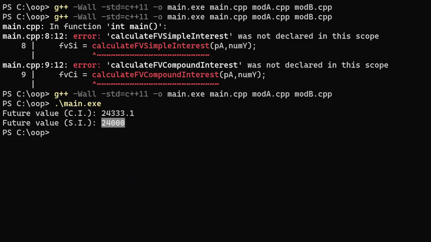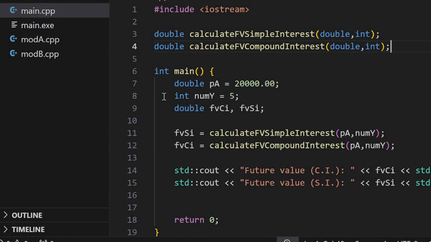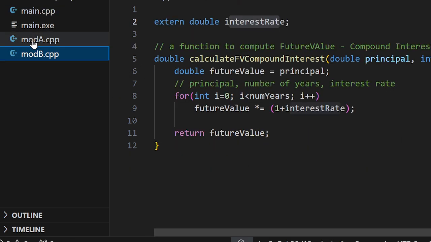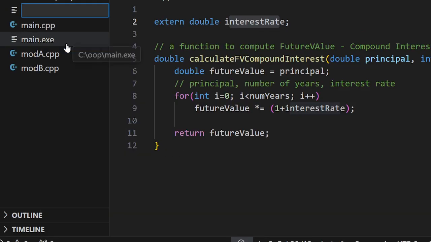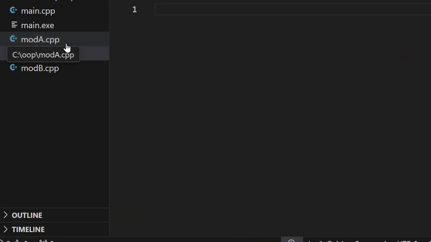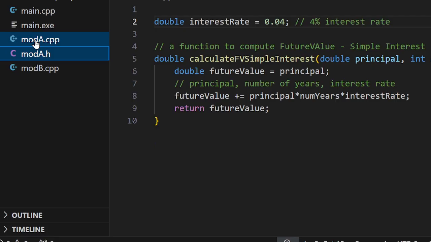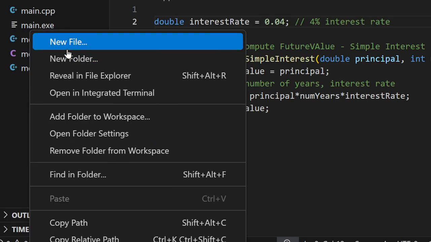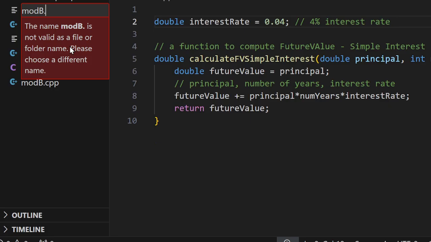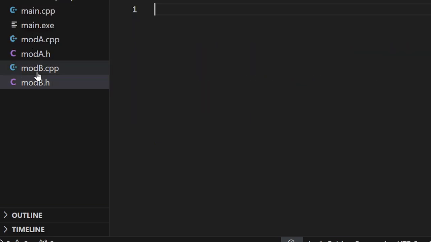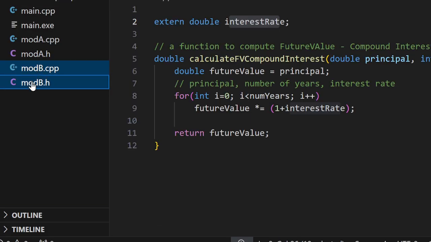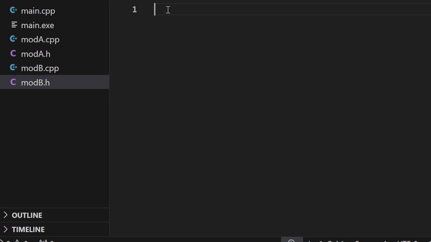Now going back to the code. I already told you that this is one module, this is one module, this is one module, right? Usually modules are organized in the form of a header and a .cpp file. So let me do that. This is the header file for module A. These two files make one module, and also for module B, I want to have a header file. The header file typically includes the declarations, but it's important to have